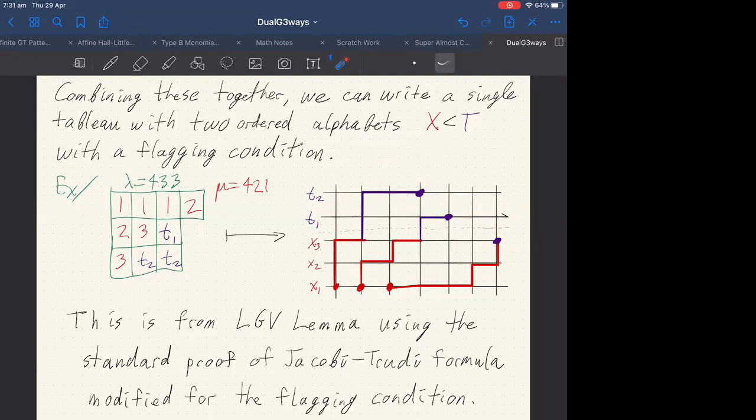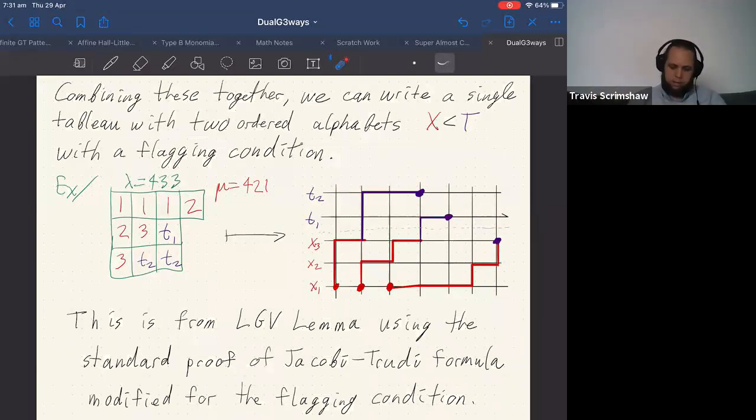Yeah, because the LGV lemma says that if you're given an edge-weighted directed graph, a bunch of start points and a bunch of endpoints, then you look at the determinant of the matrix where the ith entry is from the ith starting point to the jth ending point, where you look at all possible weighted paths, and